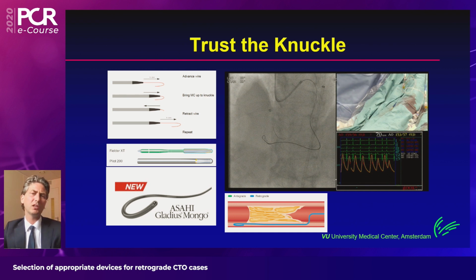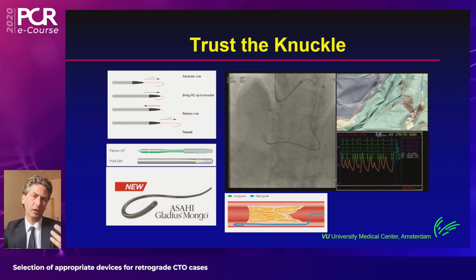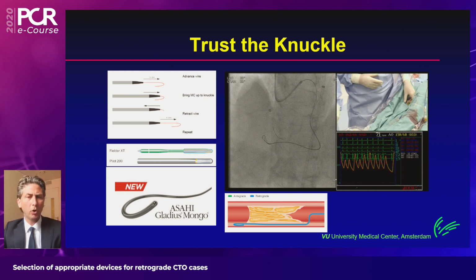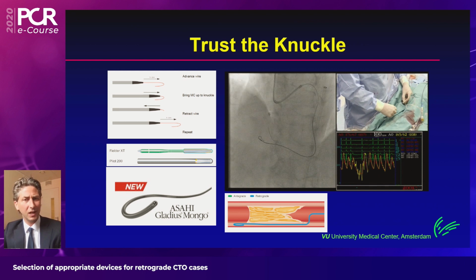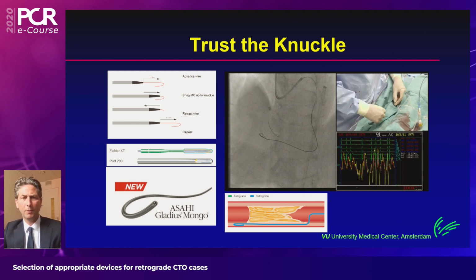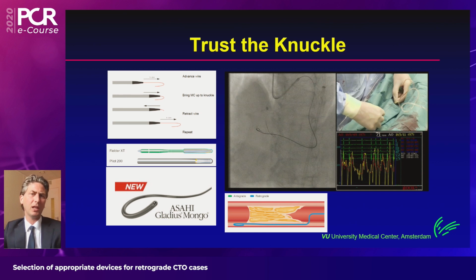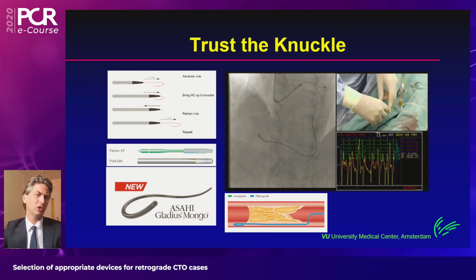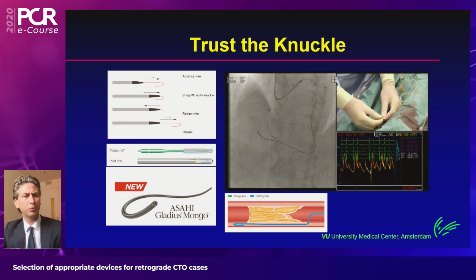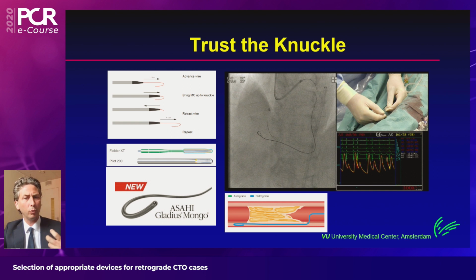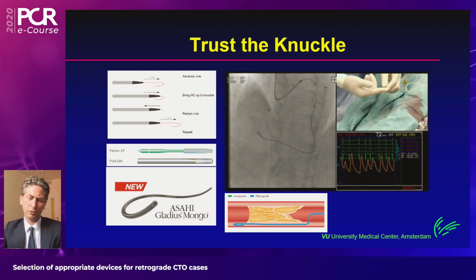It's often safer than taking a stiff wire, which may exit the vessel, because a knuckle wire will virtually never exit the body of the vessel. More recent contemporary wires are now coming from Asahi with the Gladius Mongo wire, which is a dedicated wire to knuckle, but it's not available in Europe yet. I've been fortunate enough to test it in other foreign labs a couple of times, and it shows great promise with a firm knuckle that will retain its shape to navigate safely through